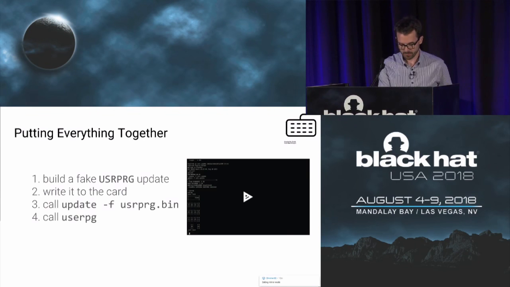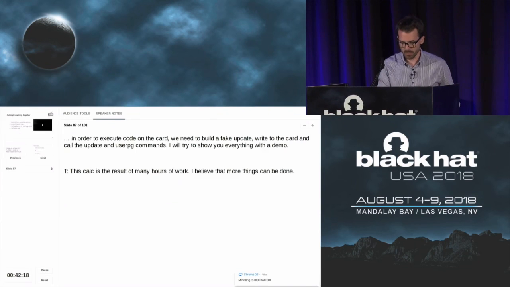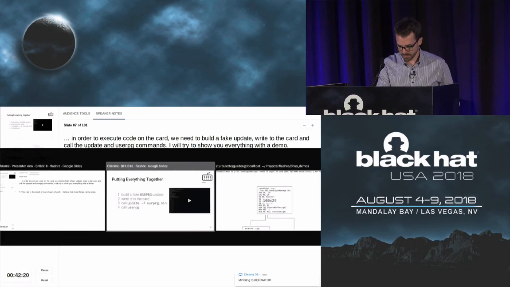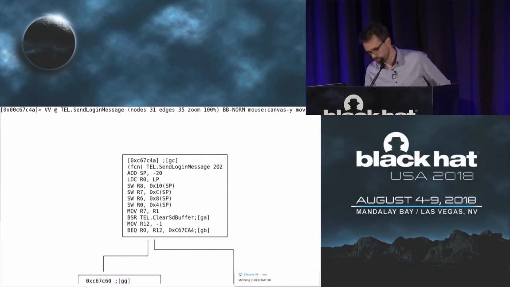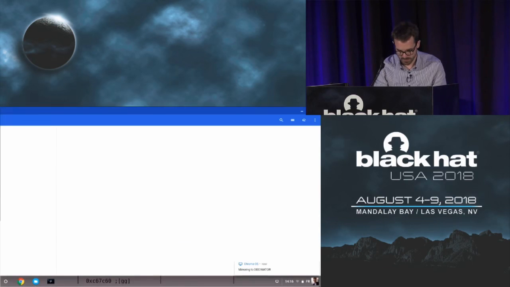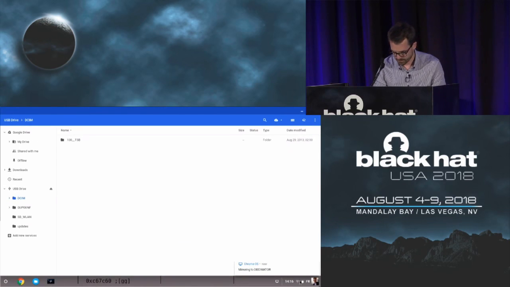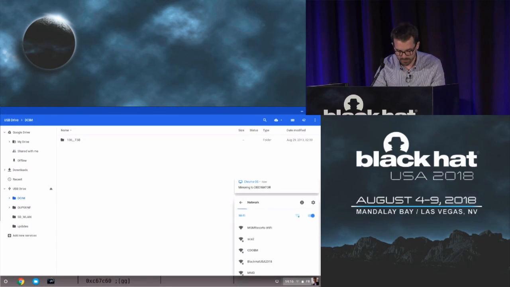So going back, it will be a live demo. I need to try to connect to the card over Wi-Fi. That's the bad part usually. Okay. Nope, nope, nope.